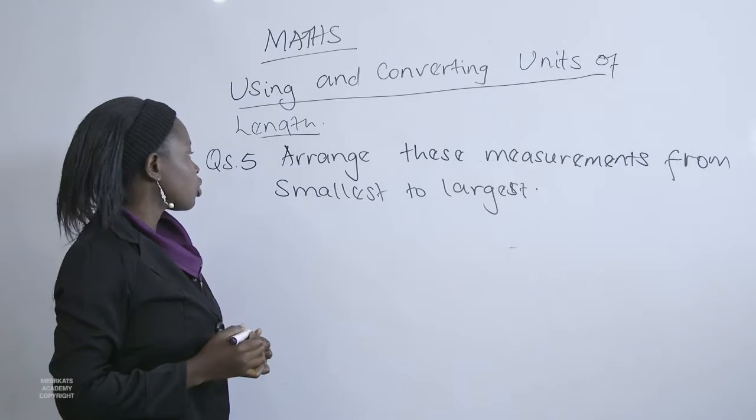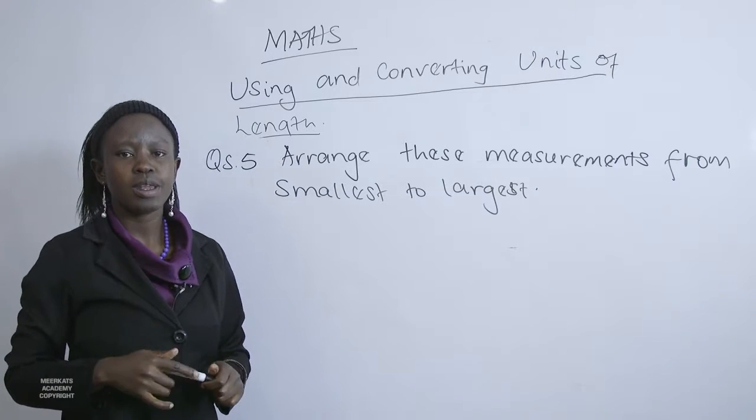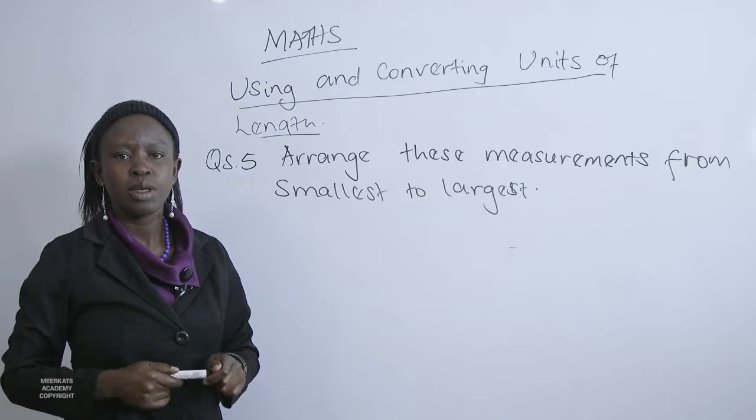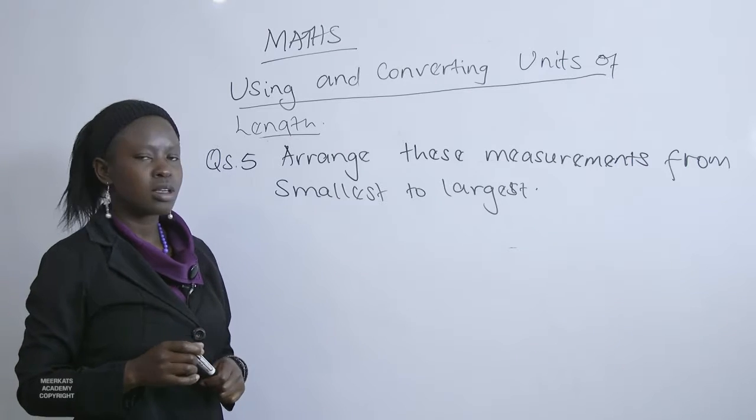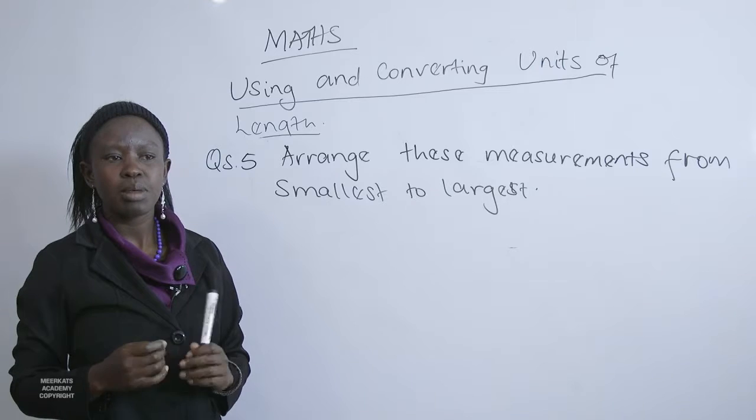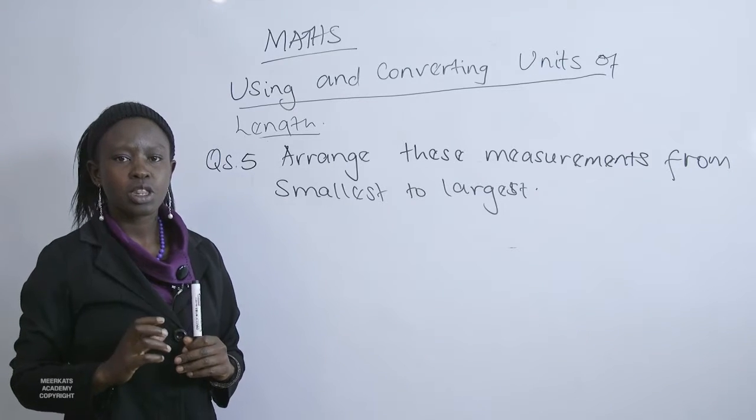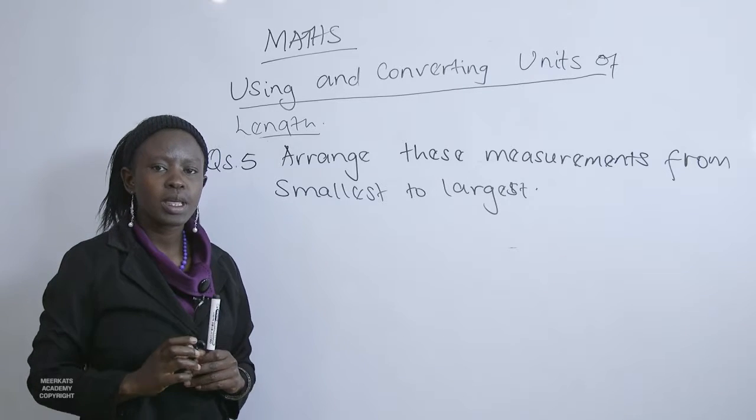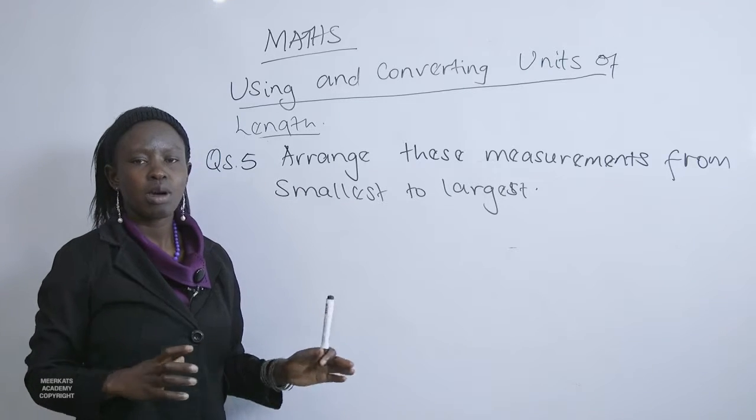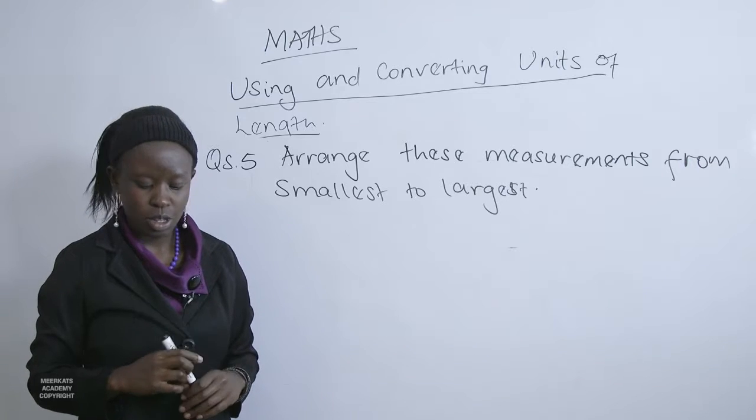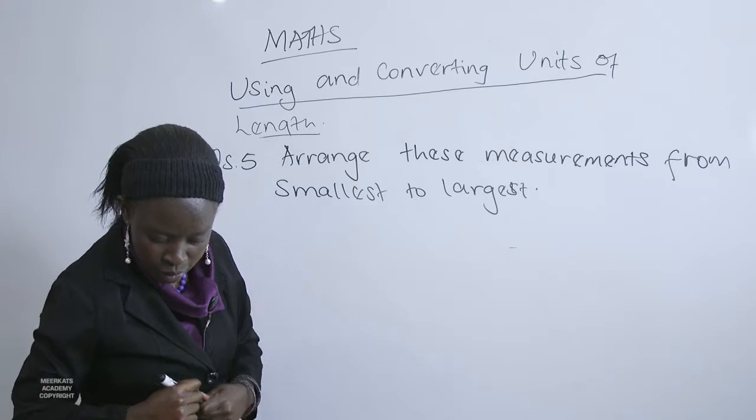So we have another question that is requiring us to arrange the measurements we've been given from the smallest to the largest. In the measurements that we have, we need to first identify which measurement is the smallest and which one is the largest. Then go ahead and arrange whatever measurements we have. So the first one,